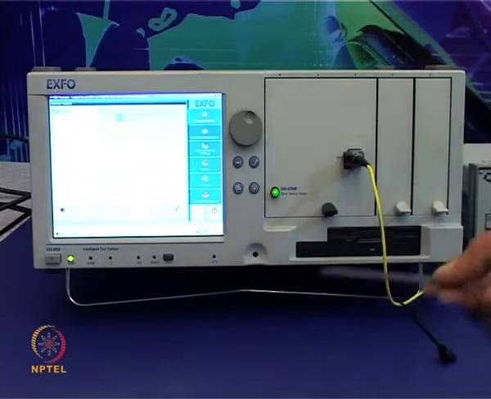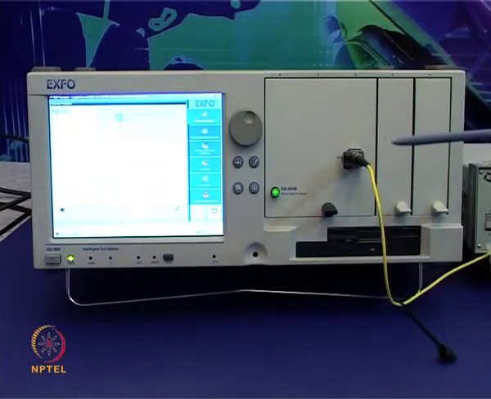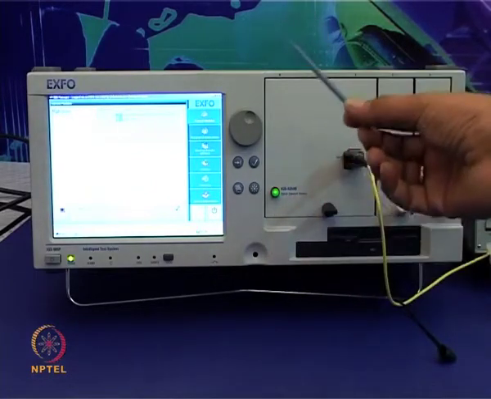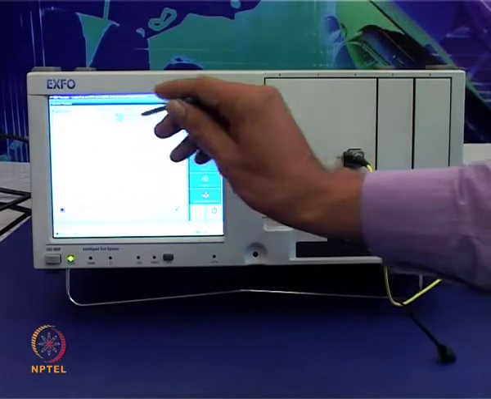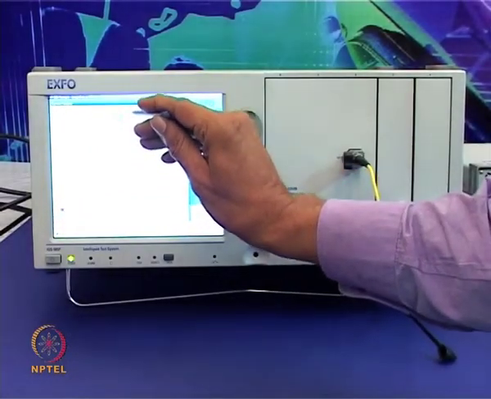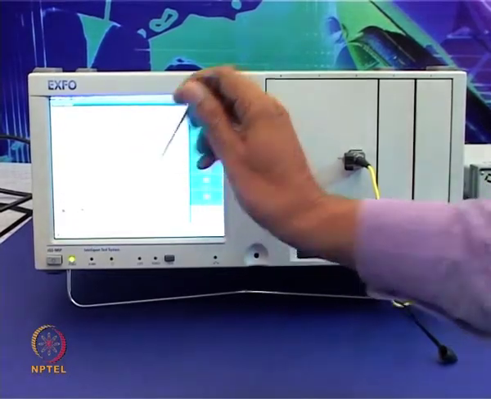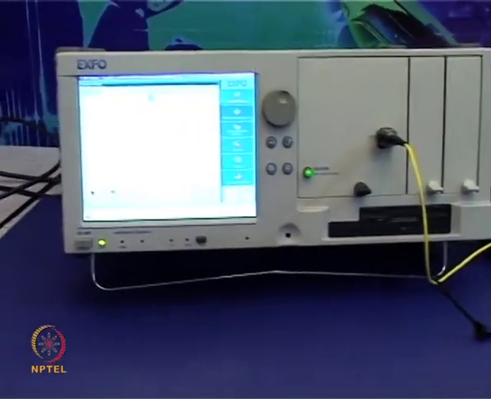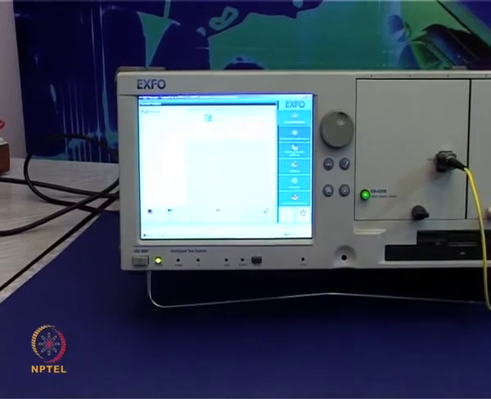Pick up the pin and double click on the screen which shows IQS manager. This will initialize the optical spectrum analyzer.